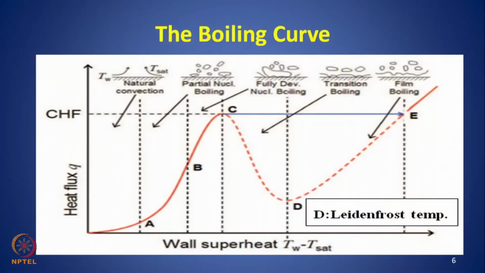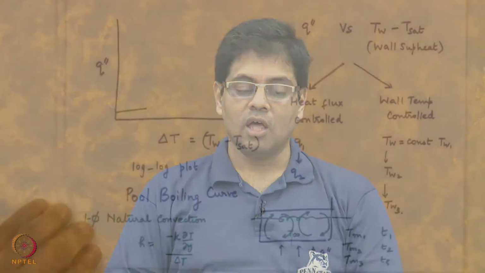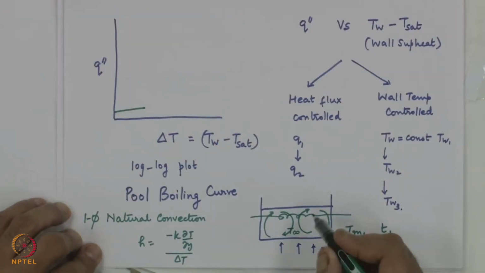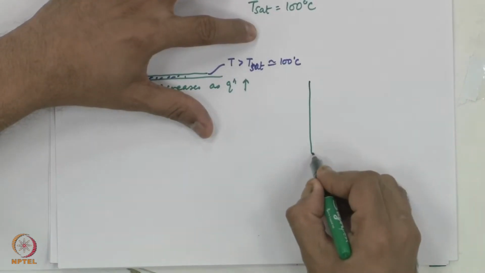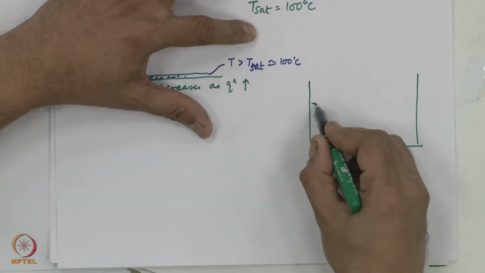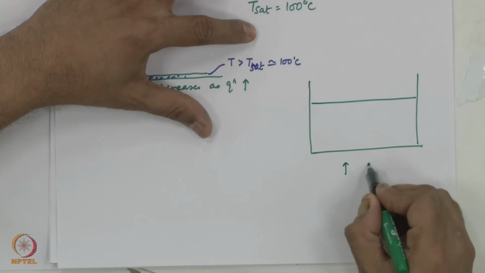In this module, we are going to complete the discussion on the pool boiling curve. And to just get started, this is the schematic of the pool boiling curve that one would come across in most textbooks. And last time, in the last module, we said that initially if we talk of a pool where water, for example, at atmospheric pressure is being heated, you would start with, say for example, a pool here with water,